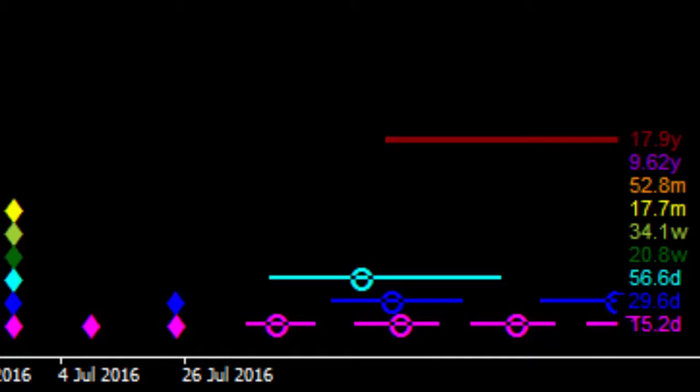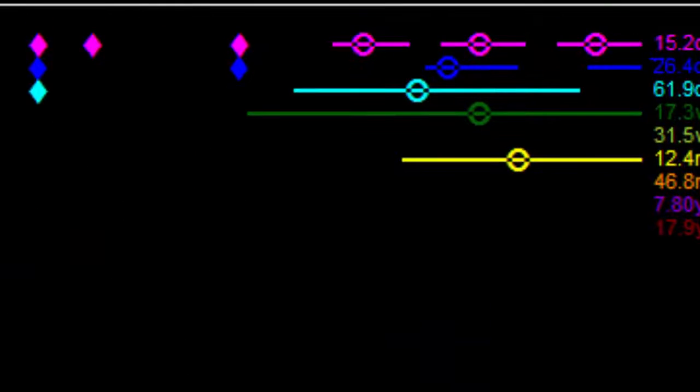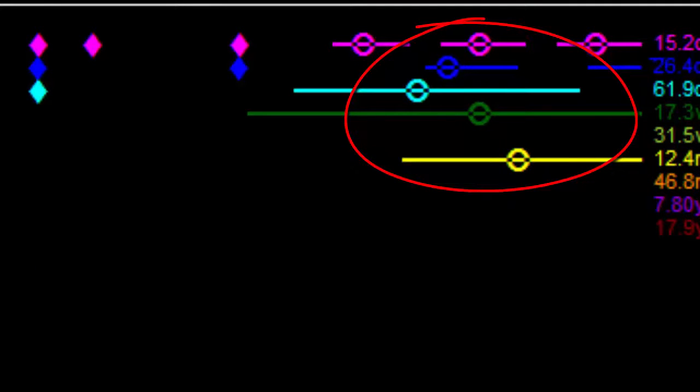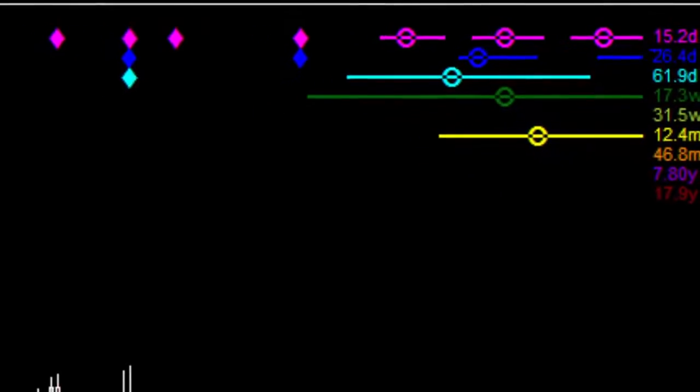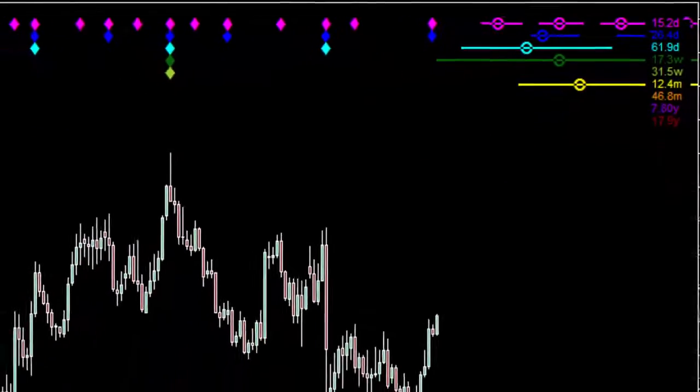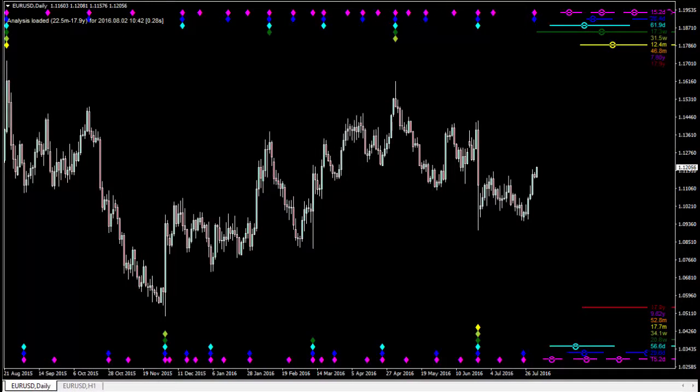be expected to occur. Because of the nature of cycles in the markets being harmonically related and synchronized, you will notice that these circles and whiskers tend to form clusters. Those clusters are called nests of lows or nests of highs. Those nests of lows and nests of highs are very important because they represent high probability turning zones in terms of when you expect the market to turn. I'll be speaking more about those nests of lows and highs in a future video, but let me explain a